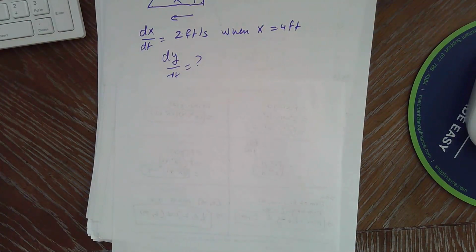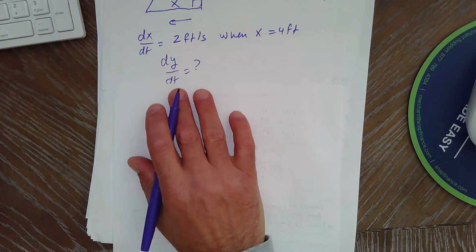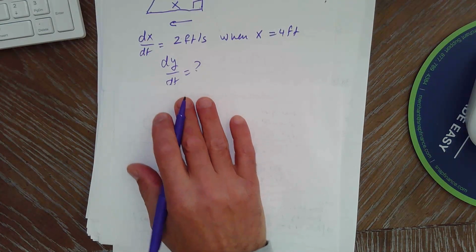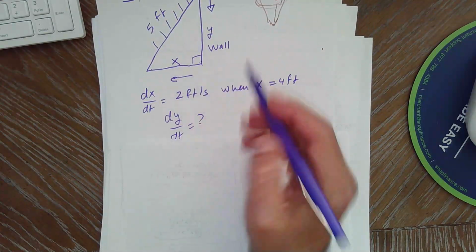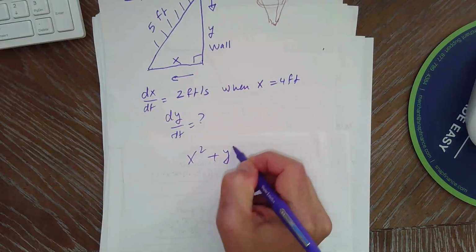the picture. We use t for time, assume the variable. Okay, write down numerical information. We did. Write down what you're asked to find. We did. dy by dt. Write an equation that relates the variables. The common sense equation in this case is the Pythagorean theorem, which is x squared plus y squared equals 5